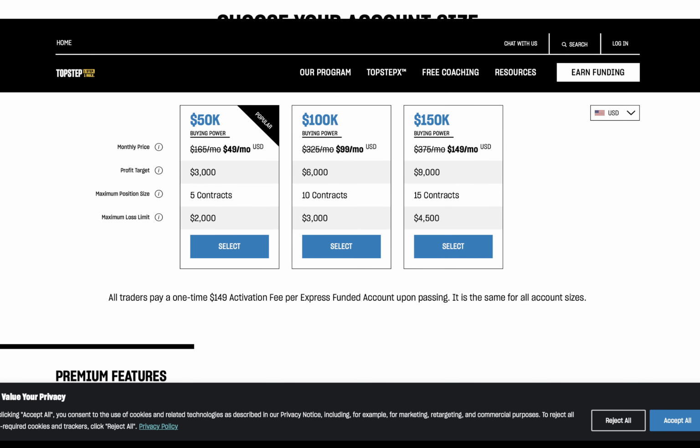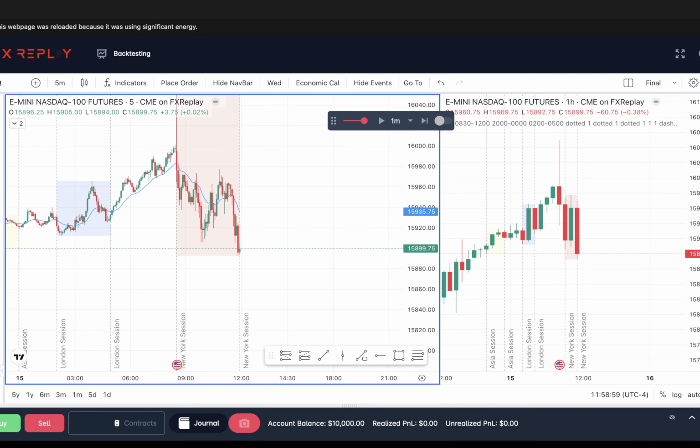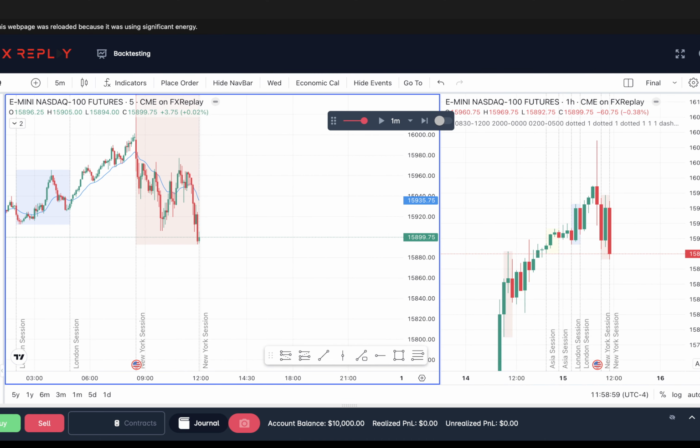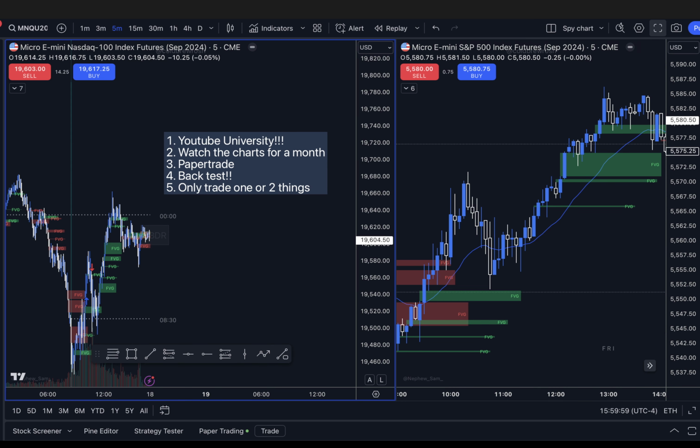So I started doing that, and I'll stack those. And it's cheaper a month. Obviously with the 150, if you don't pass in like 6 months, it's like an extra bill. You know what I'm saying? So yeah, you just trade. And also TopStep does have a simulator trading that you can do on your own if you want to practice with them and see it on your chart. But yeah, this is how you trade for free, and you start trading for free.